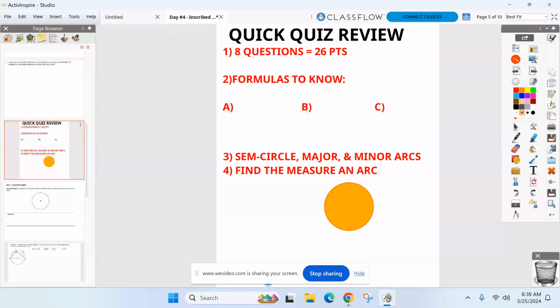points. One of 3 quizzes that we'll take. You guys know this is the toughest unit we have had all year, which probably means the toughest quizzes we've had all year. 3 formulas to know tomorrow. One is going to be on the formula sheet I provide you, which is